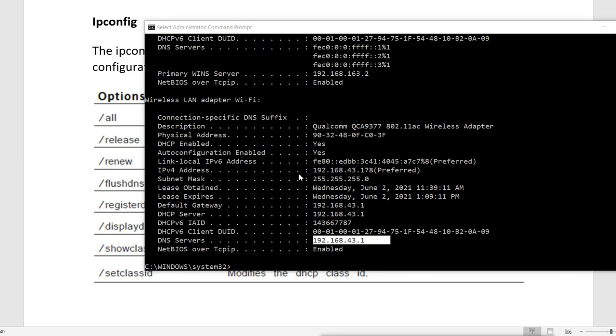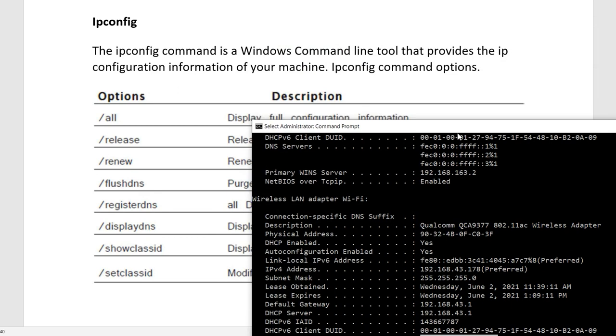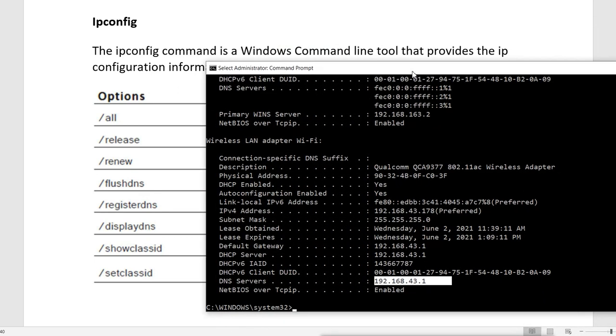So it shows you all the detailed information. Then what we have is release and renew. Now, release and renew is to refresh or reassign your IP address from DHCP. That means suppose your IP address is assigned here by DHCP and it is dynamic. Remember, it will only work when your IP address is configured as dynamic, and dynamic means it is getting the IP address from a DHCP server.